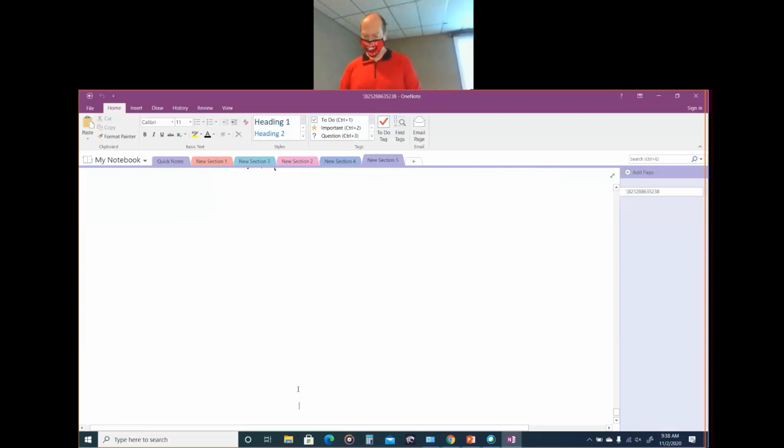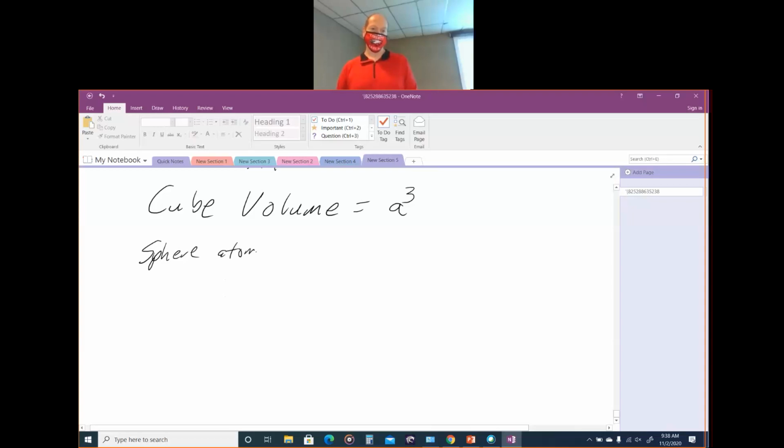All right, so your cube volume is a cube. All right, your sphere volume is 4/3 pi r cubed. All right, and so the volume of your cube, which is equal to a cubed